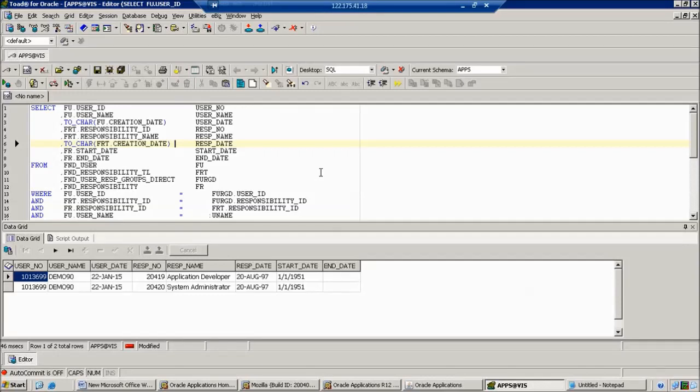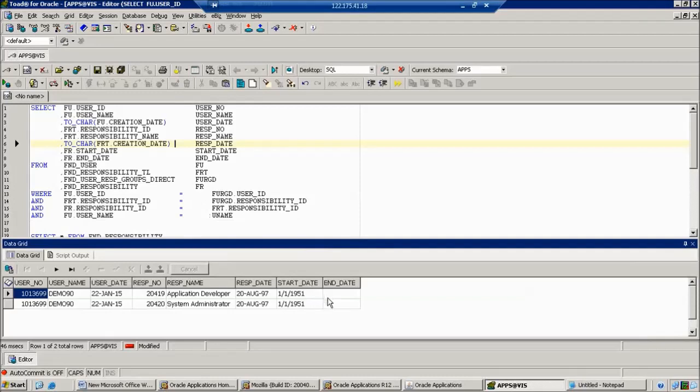Next, I have one more requirement. In that requirement, I want to display some information in that end date. I want to give some another date as an end date, whatever it may be. I want to display a default date. How can we do that? Here it is showing null, right? But I want to display some date. How can we handle the null?